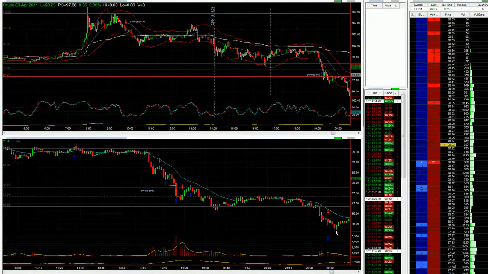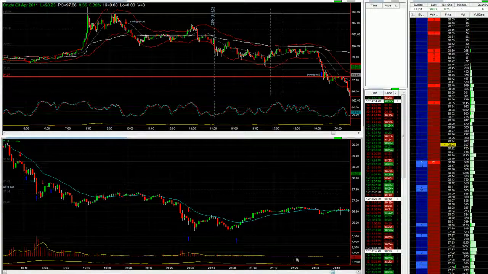So that was a swing exit there. It just continued lower. I was surprised, actually. I half expected it to pop up, but it didn't. It didn't pop back over. I thought it would close positive. It didn't. Looks like a little scalp here, probably on the short side. Yeah, I would have thought so.